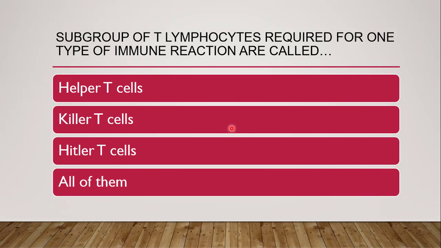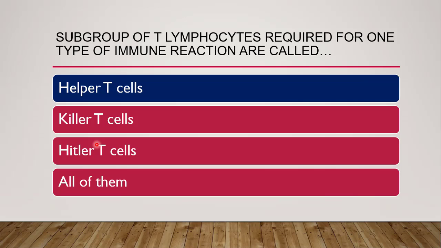Next question: the subgroup of T lymphocytes required for one type of immune reaction are called, whether they are called helper T cells, killer T cells, Hitler T cells or all of them. The correct answer is helper T cells. In case of cellular immunity, it is through the T lymphocytes, and the subgroup which helps in the type of immune reaction is called helper T